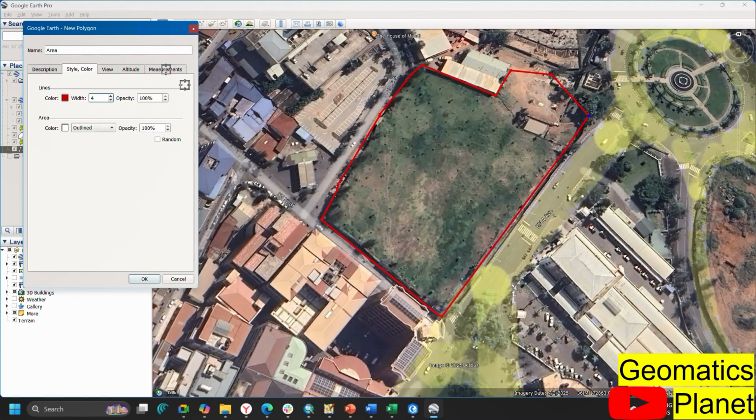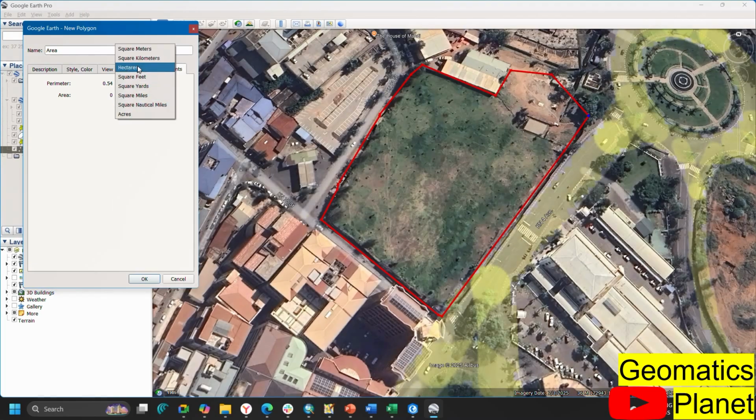So with this, I can go to the measurement part, and you can see here if it is in kilometer. Okay, so this is the area in square meters here, and this can help you determine the area of this particular place. So this is a way you can measure area in here. So you should be able to have them here. So this is the